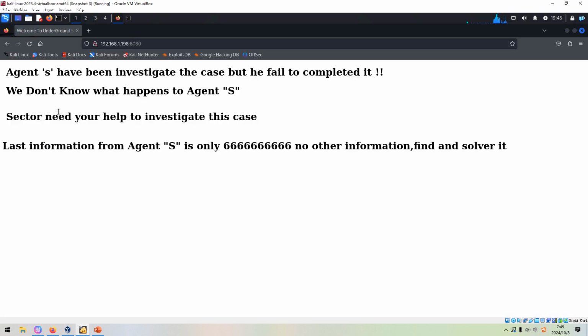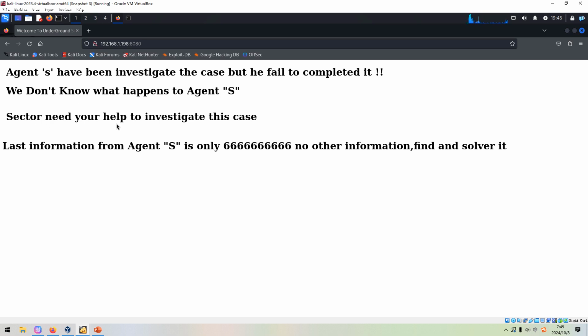So here's some information, maybe some sort of instruction left by the author: Agent S has been investigating the case, but he failed to complete it, with some syntax error. We don't know what happened to the agent.